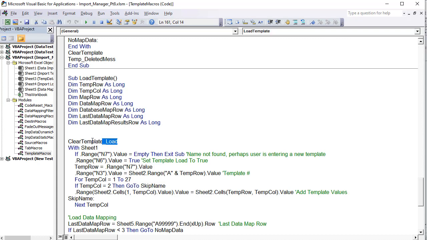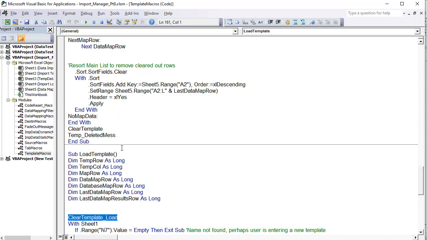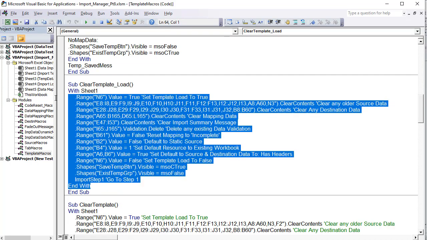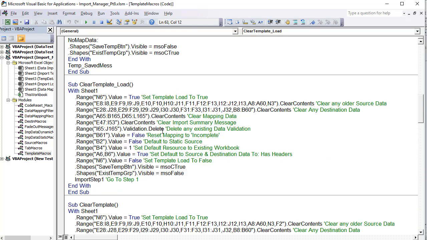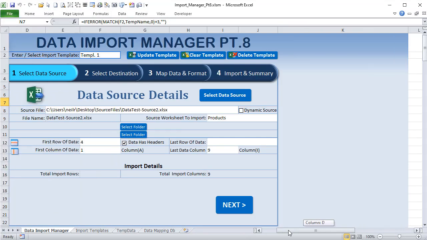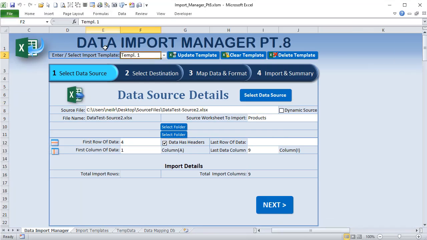First, we're going to clear any existing templates. We went over this macro last time. All this macro does is it goes up here and it clears everything here, but the only thing it doesn't clear is F2. Why don't we want to clear F2? F2 is where our name is. That's the name the user just entered, so we want to make sure not to clear out F2. F2 must remain,